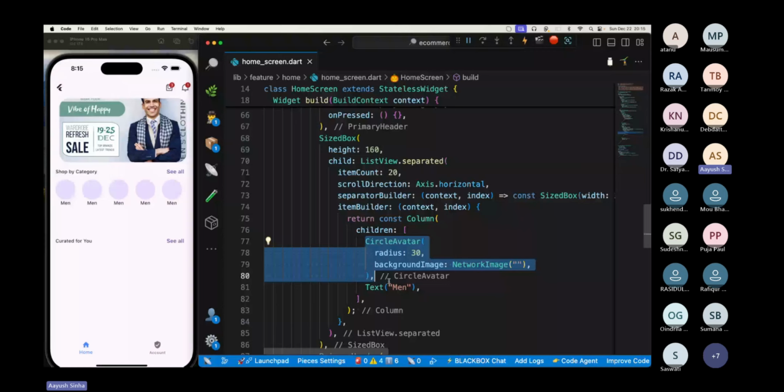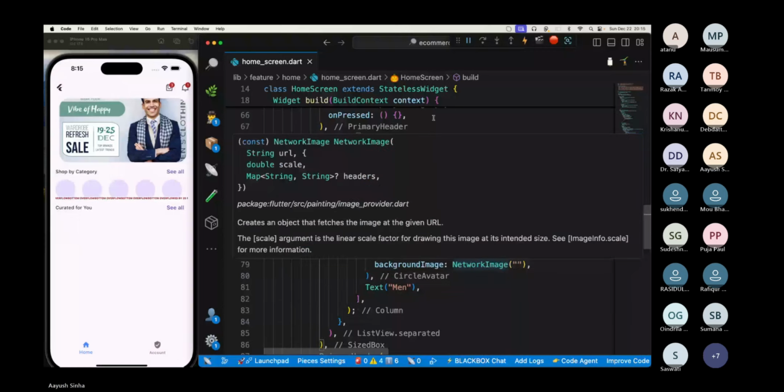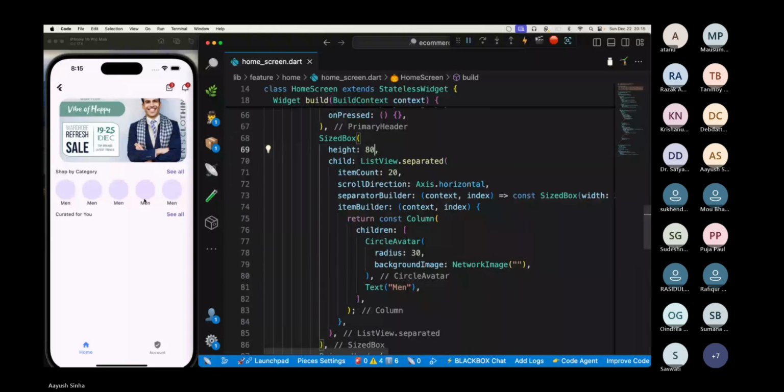So 60 is not enough. 80, this is good. Let me have it as 90. Yeah. So